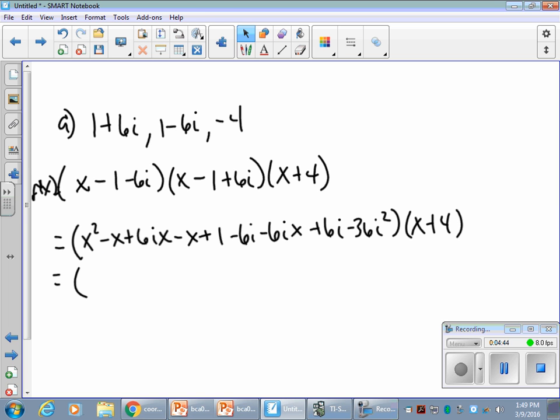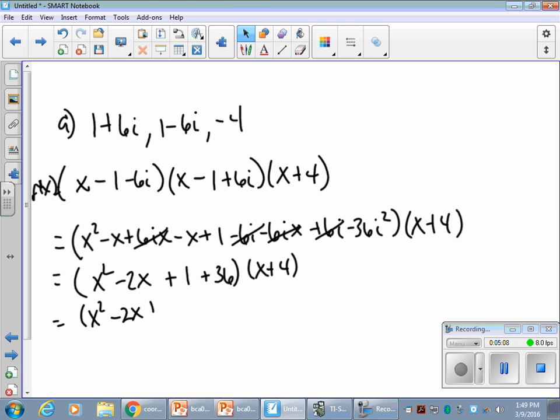Okay. The plus 6ix and the minus 6ix cancel out. The minus 6i and the plus 6i cancel out. I have x squared minus 2x plus 1, and this would be plus 36. Or x squared minus 2x plus 37